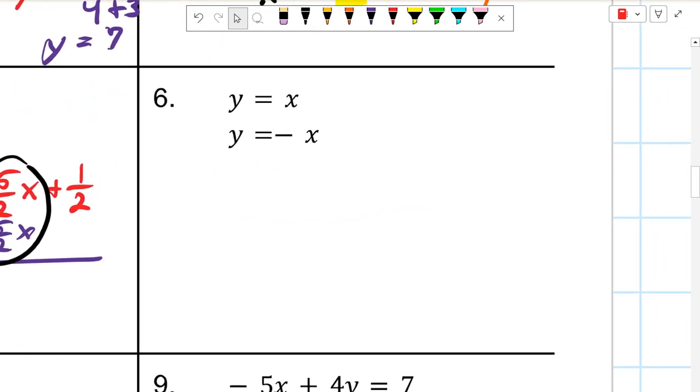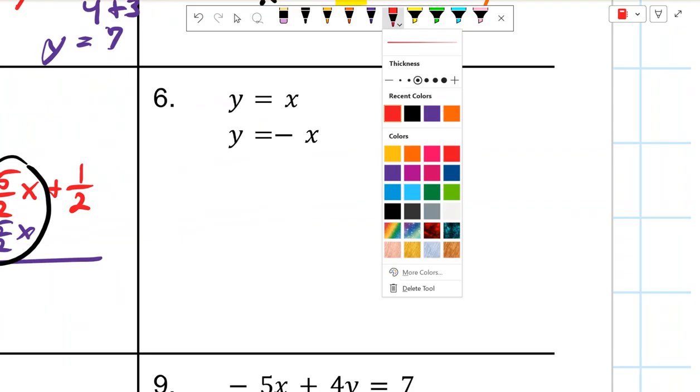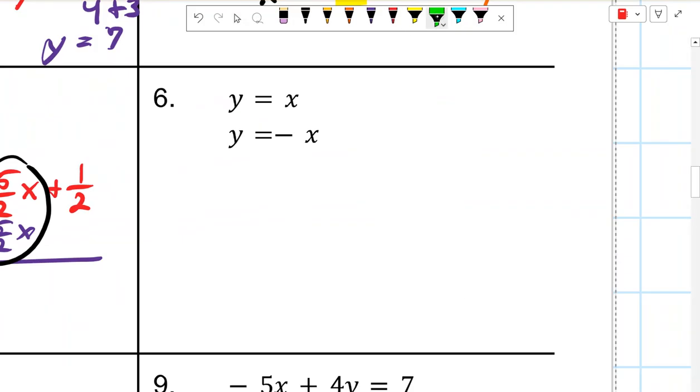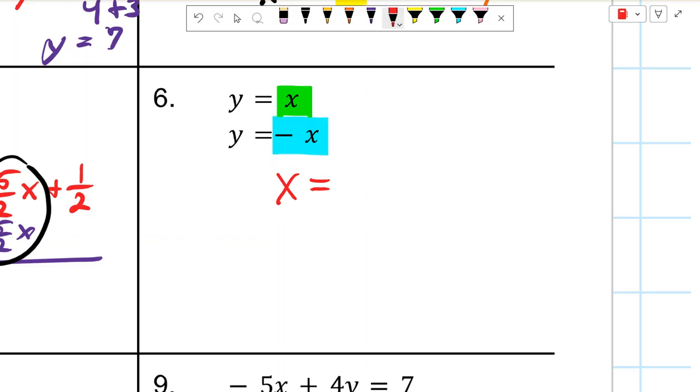This next one, you might say it's a no solution as well. But wait. We have y is equal to x exactly. And y is also equal to -x. So let's set those equal to each other. X is equal to